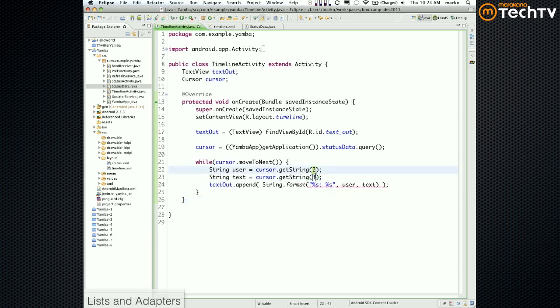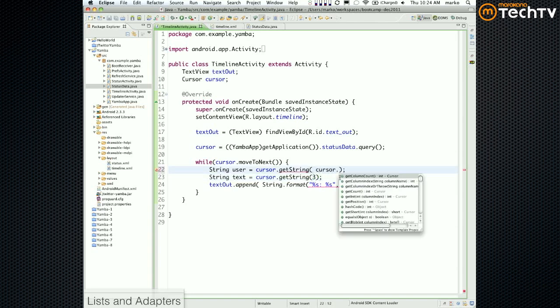Now, the problem with this approach, 2 and 3, is that it's extremely illegible, right? It doesn't mean anything to anyone. It's really easy to mess things up. If you ever change your database schema, you have to remember to change this, and it's just poor programming. So a better approach would be to do something like this: cursor dot get column name,